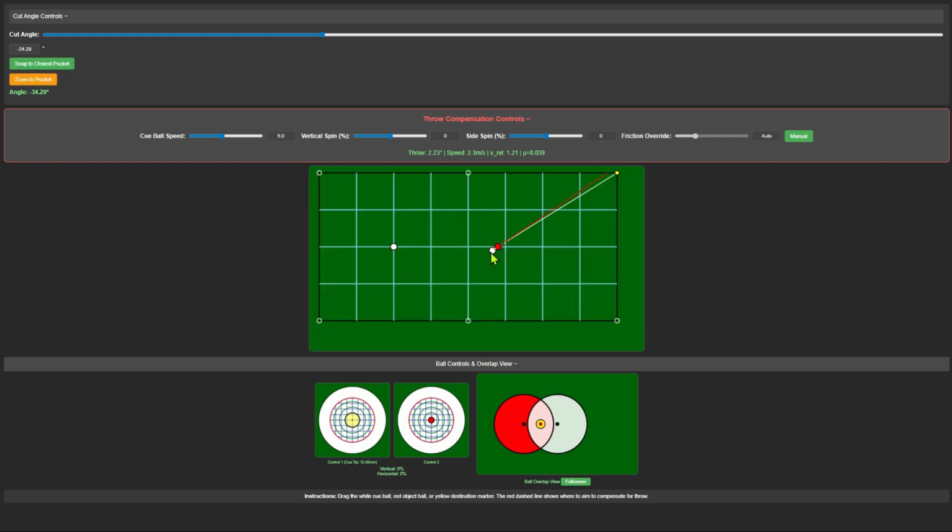So this tool will show you how much you have to aim to correct for throw, for cut angle, but also for spin on the cue ball. And you can move the spin around to the spin you want, and you can see the red line moving back and forth depending on the spin you're putting on the ball, where you have to aim. Also, you can vary by cue ball speed, from a medium speed to a soft speed